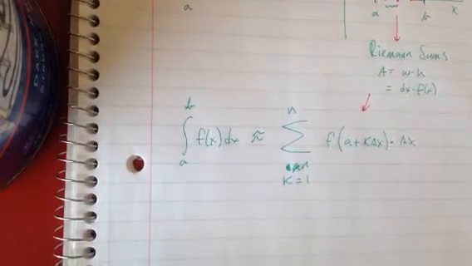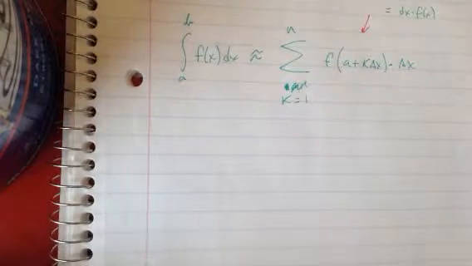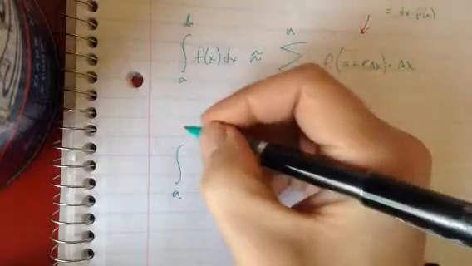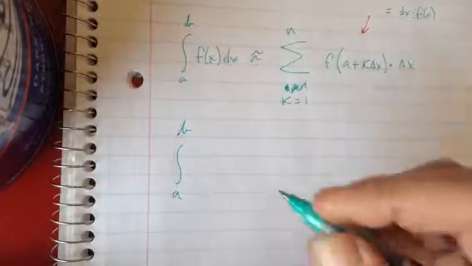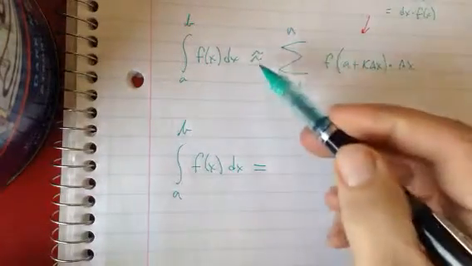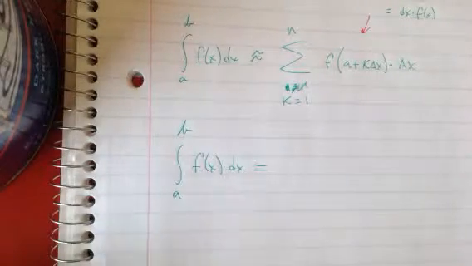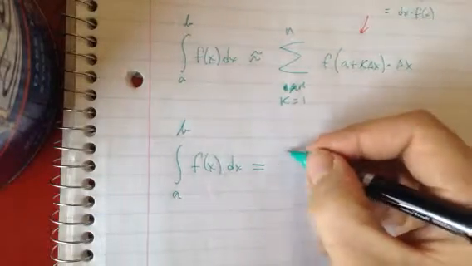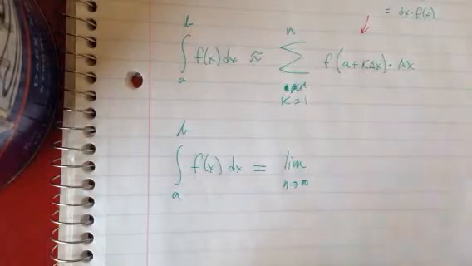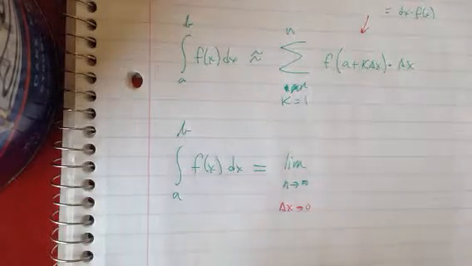So lastly, for now, we can say the following. I'll try to leave this previous statement on the page. Here's the idea. The definite integral, or the area under the curve of f of x dx, is exactly equal to, up here it's approximately equal to, because no matter how big we make n, it's still just going to be an approximation. But if we take the limit as either n goes to infinity, or equivalently, delta x goes to 0, those are interchangeable,